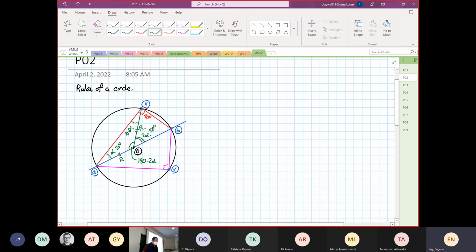So this is what we mean by the rules of the circle. So we are going to employ the rules of the circle to find the other possible